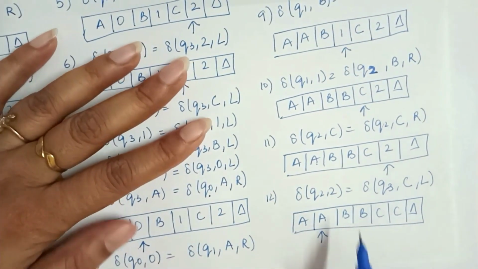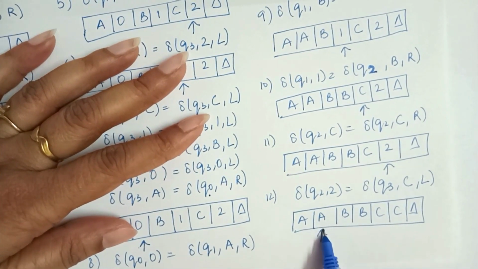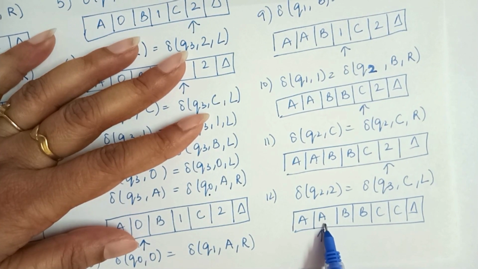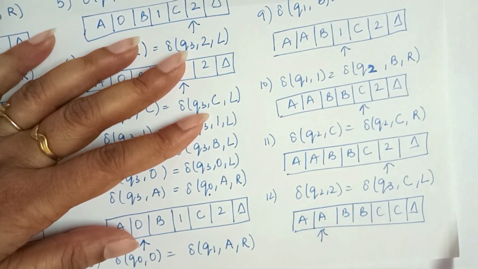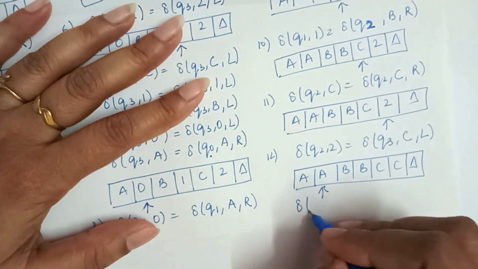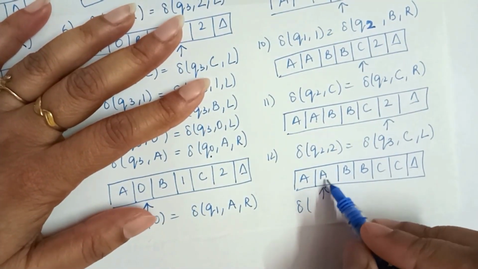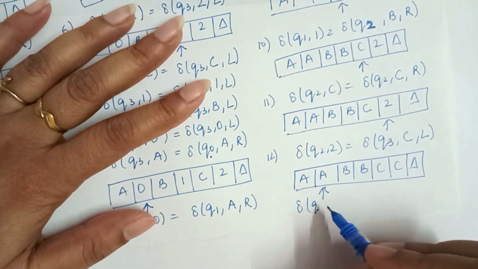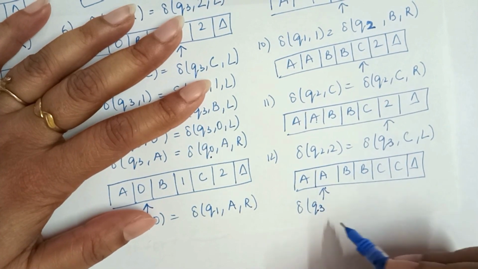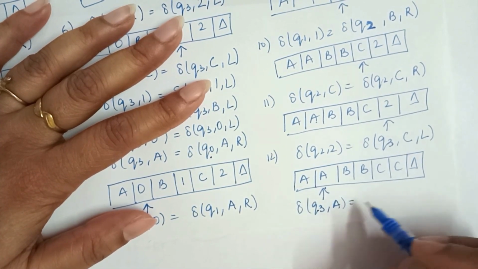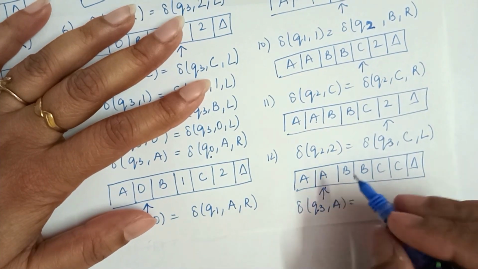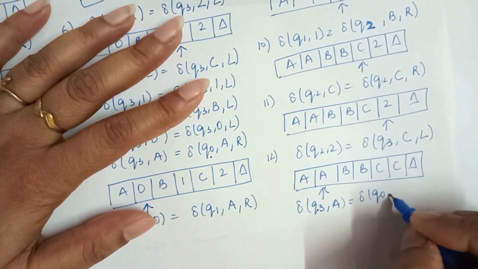Immediately before B is A, which means that all zeros are marked by capital A. So we will have to move right to ensure that no 1 or 0 is present. For that purpose, for this A, which state are we on? Right now I am on Q3 state. The pointer is at A. So for this A, we are on the Q0 state initially. So this will become Q0.